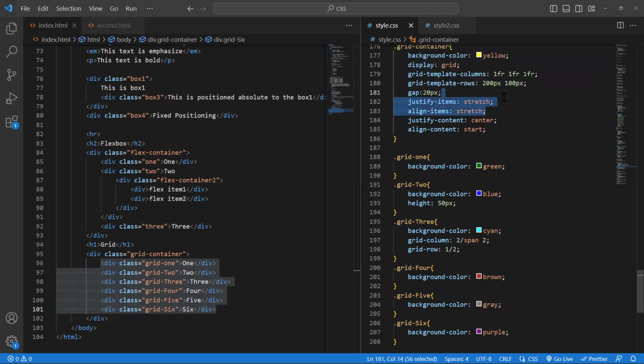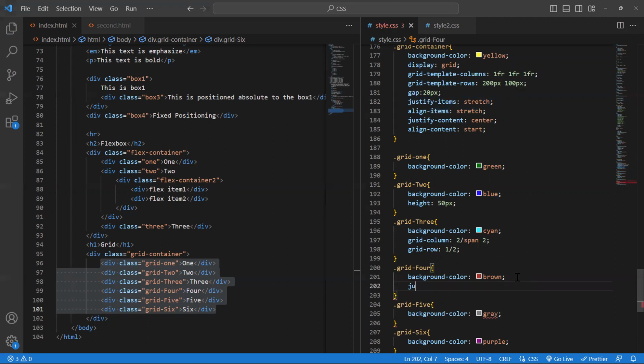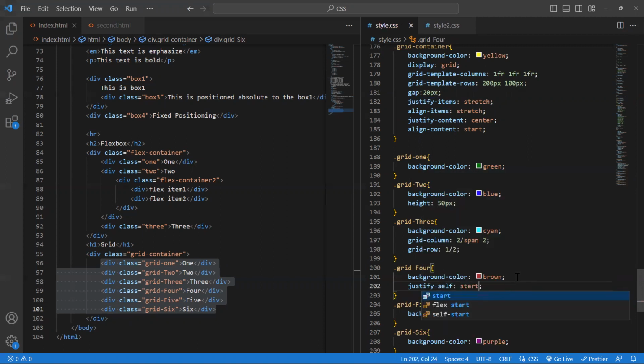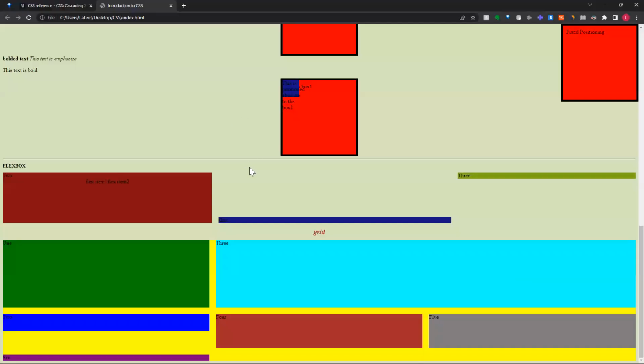Similarly, if I want to override these two values in the grid items, you can use justify-self. So let's say I have justify-self set to start. Here we have it as stretch, since justify-items is stretch. So if I want grid 4 to be justified to start,